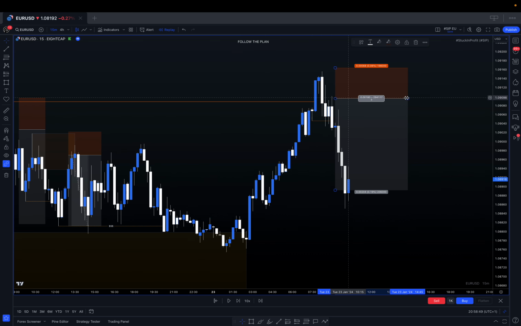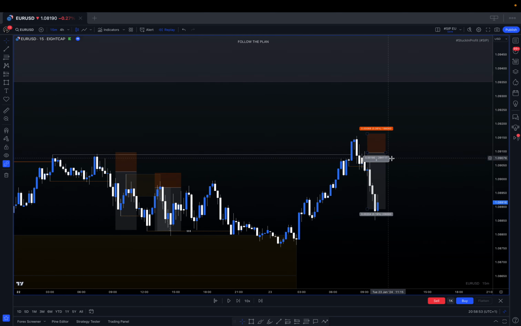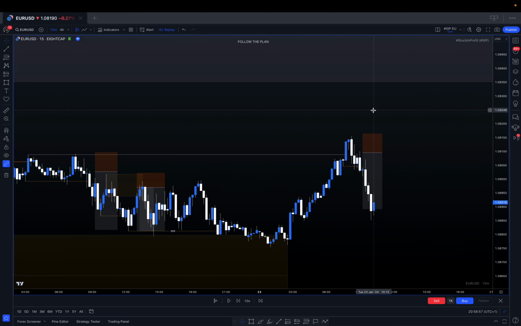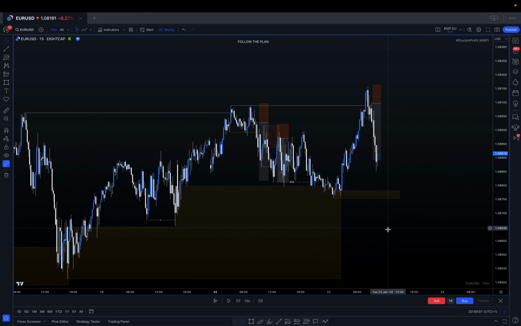Okay, price left without tagging us in, and that's perfectly okay. So it came close, still not too close anyway, but we didn't get an entry, and that's perfectly okay. Now you can decide to say, okay, because I've seen this bullish order flow, I want to take a trade from here. I'm just going to say you have to be cautious and careful, because the 4-hour